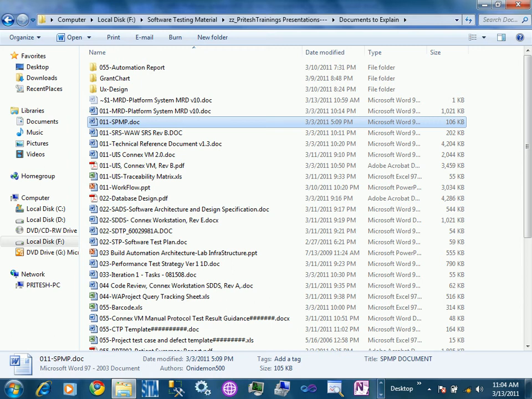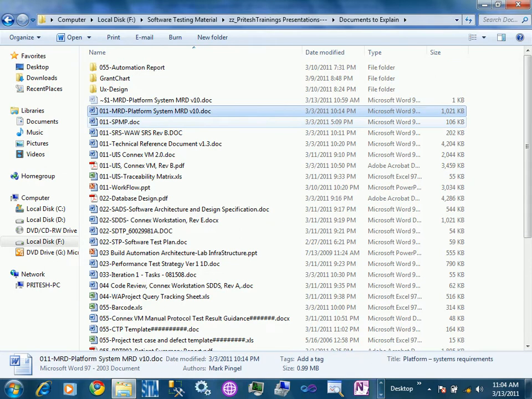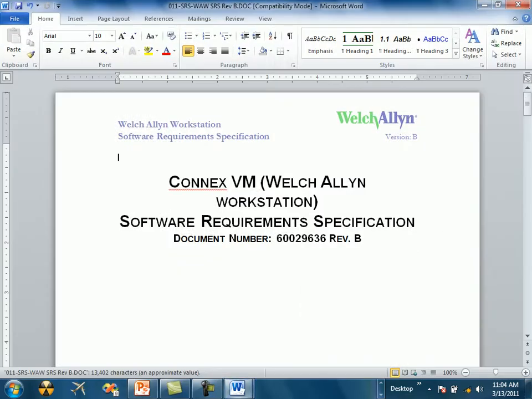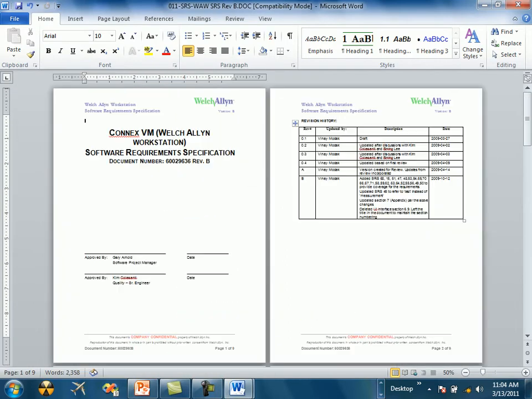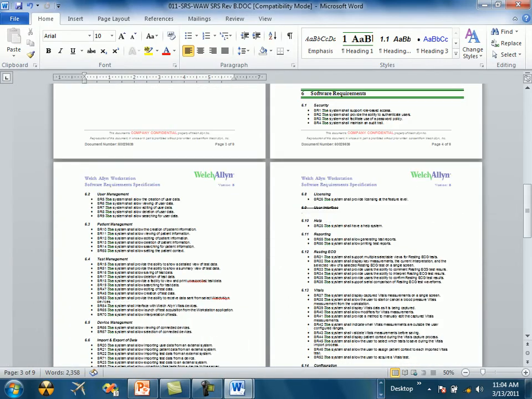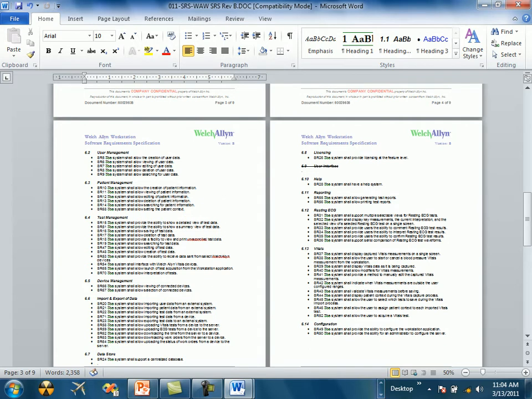The MRD and SDDS are not connected. Is not connected, yeah. You can say it. MRD and SRS, right? So let's go to the requirement. Yeah, let's say